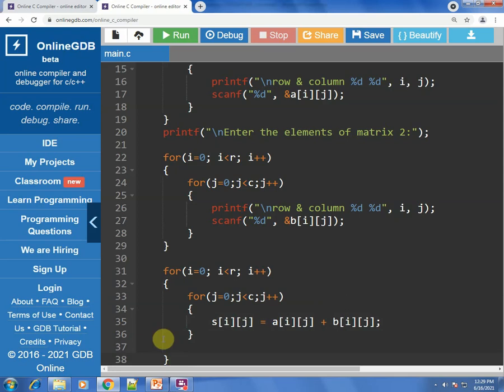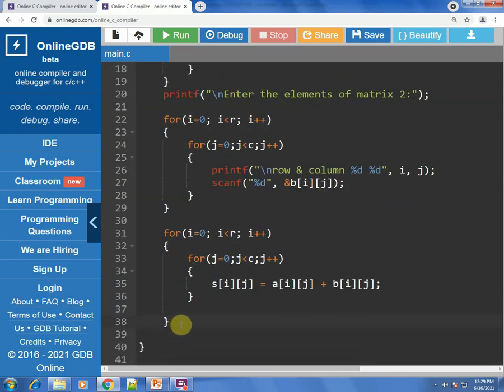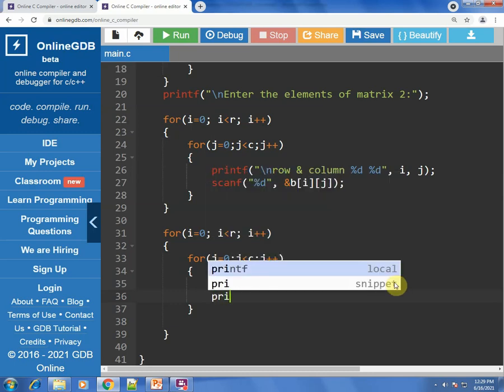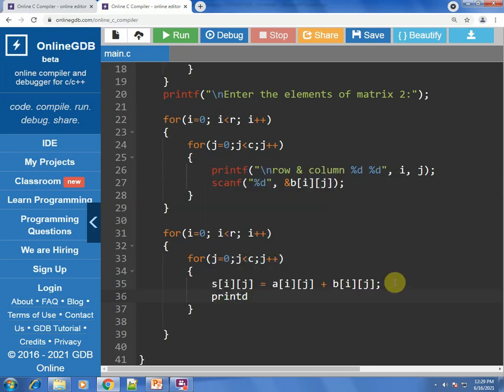So I will close the for loop, the outer for loop as well as the inner for loop. Now once it is done, you have to also display the output. It's not just about addition, you have to display the output. So for displaying the output, let's put a printf statement for printing what is there inside that S matrix, which is the output matrix.